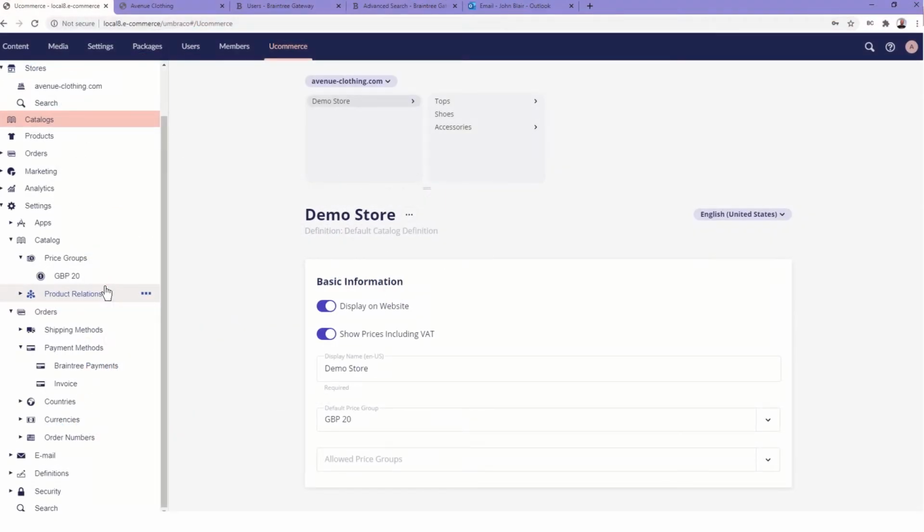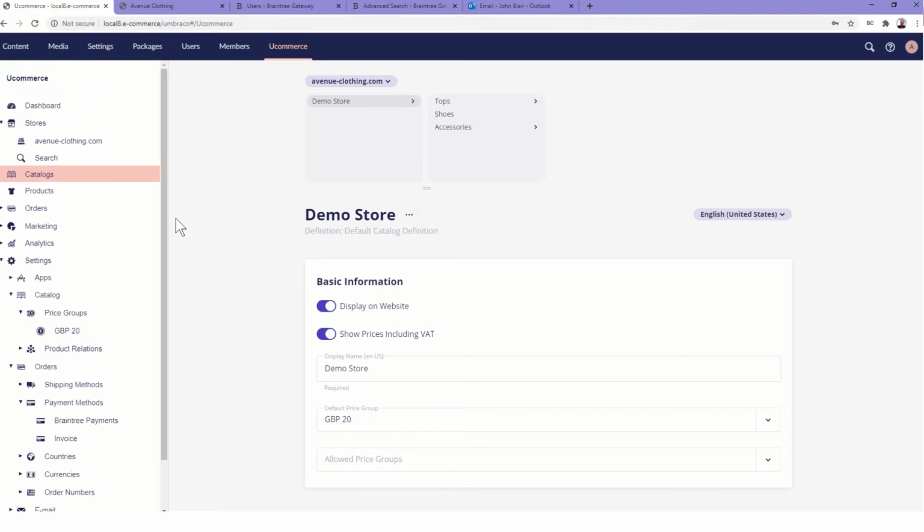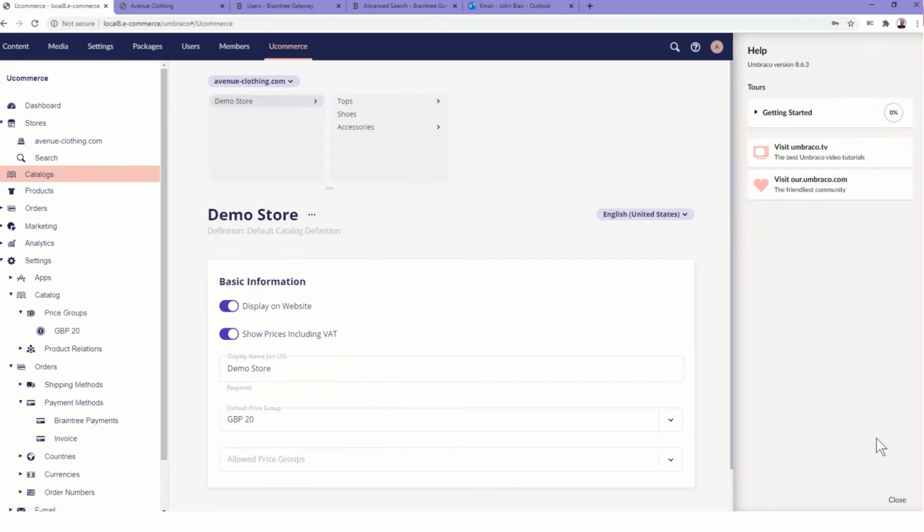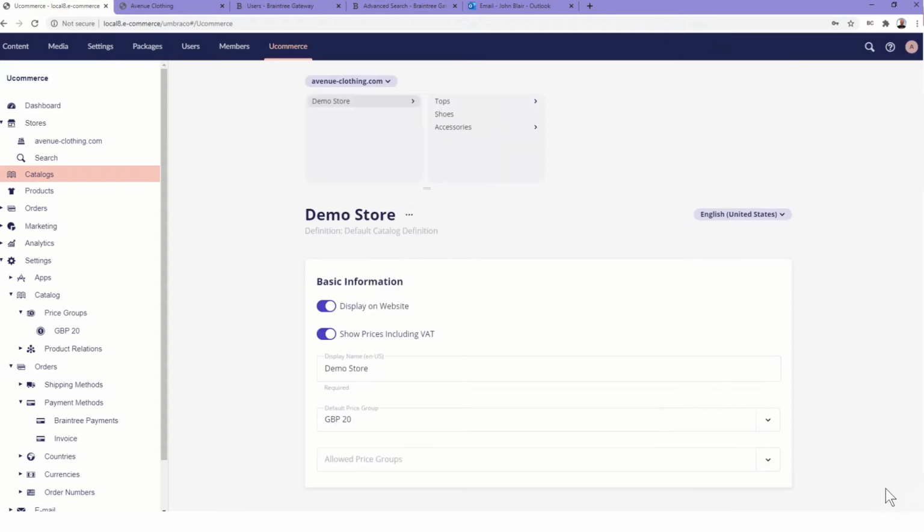Okay, let's demo our first transaction then. Quick overview of our setup. What we have is an IIS localhost website, localate.ecommerce, and we've installed Umbraco 8.6.3. And then we included the NuGet package for uCommerce, and then we added the Avenue Clothing